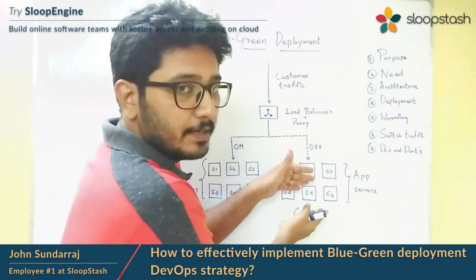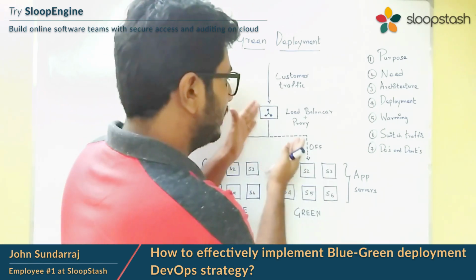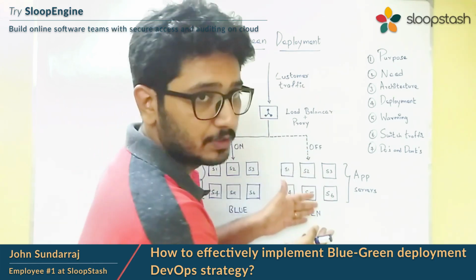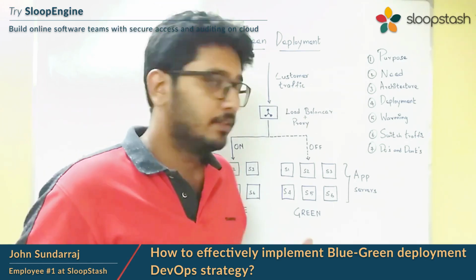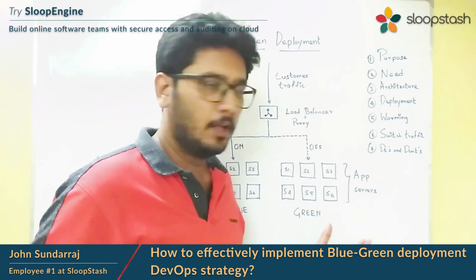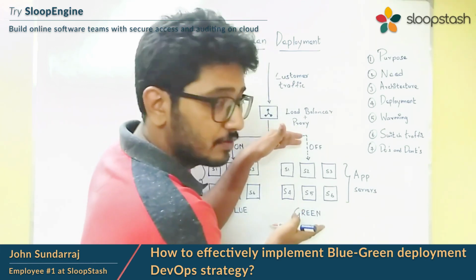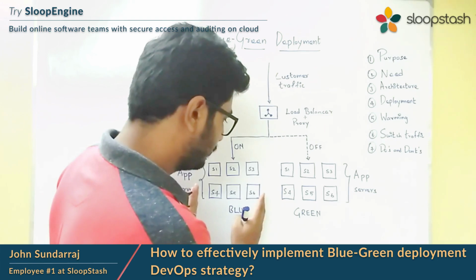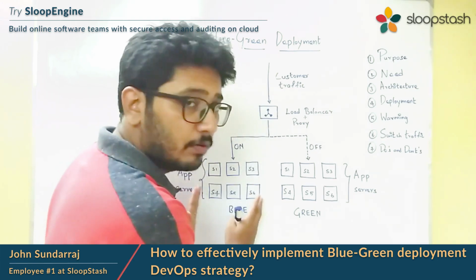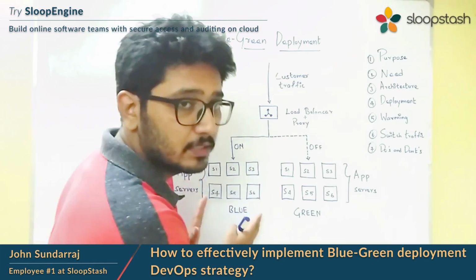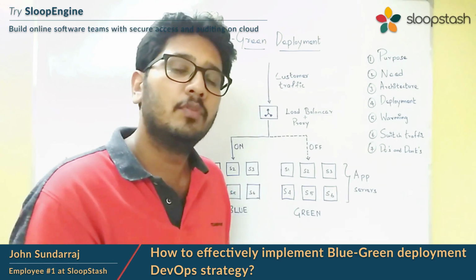And again constantly check that. And if everything is successful, then again we can replace the remaining 50% of the servers. So this is how we slowly, gradually divert the traffic from one fleet to another fleet. Once the traffic is totally diverted to this green fleet of application servers, then we need to switch off or power off this blue fleet, because we no more need it, as it is not going to serve any customer traffic. So this is how we can effectively switch the traffic in blue-green deployments.